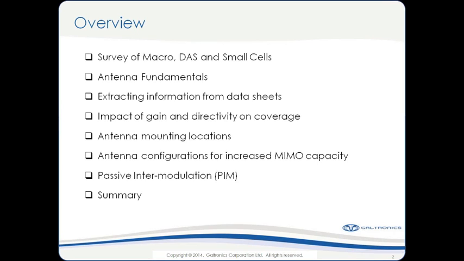Specifically, when we look at vendor data sheets, I want to make sure that we all understand the terms that are presented on those data sheets and how they'll impact your project designs as well as antenna selection. Following that, I want to discuss a little bit the importance of gain and directivity on the coverage in your projects, and then discuss mounting options that are available to you when you're designing these projects and installing antennas in